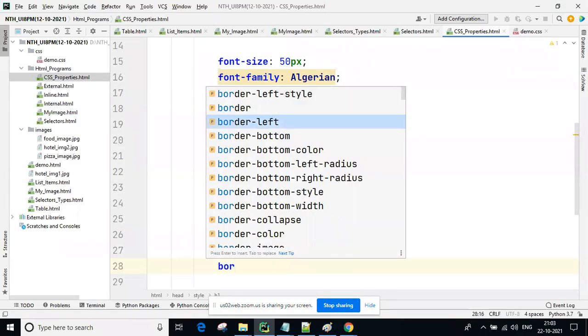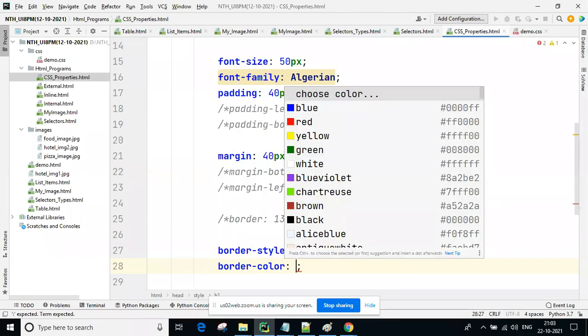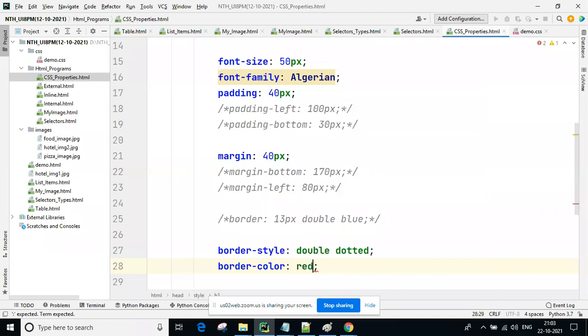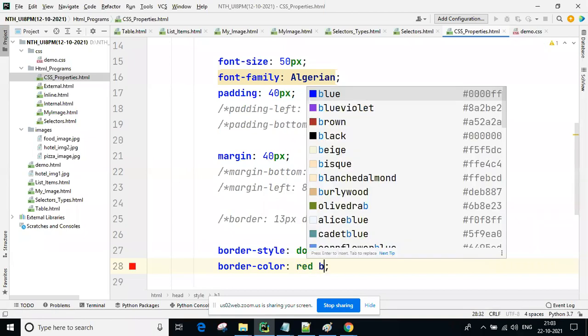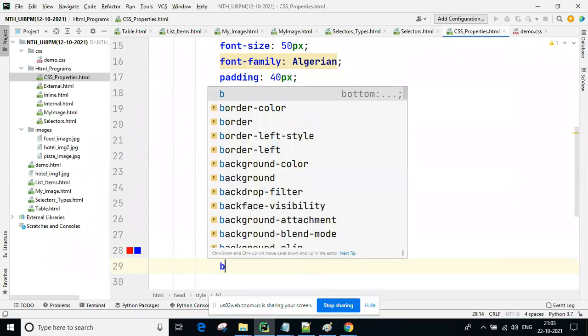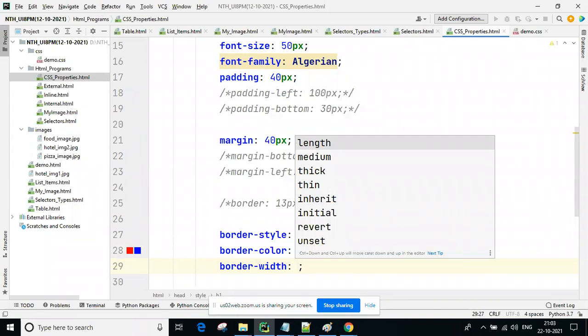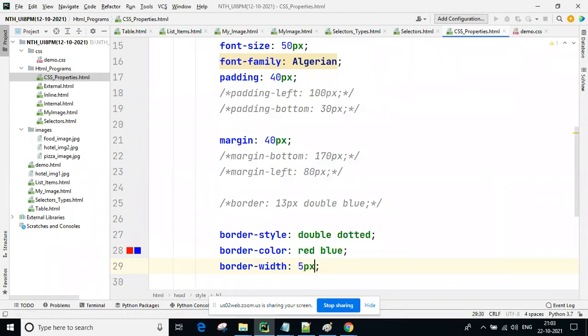Next, border color, guys. Top side red, and left and right blue, I'm taking. Next, border width: top and bottom 5 pixel, left and right 10 pixel.